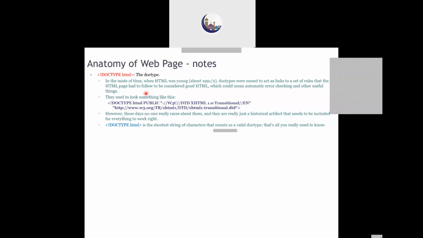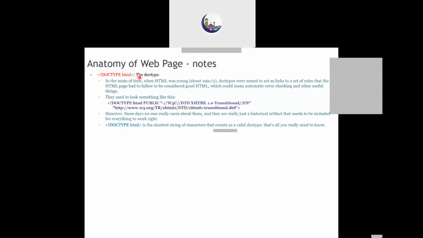So when the browser sees this particular tag, it gets to know that, okay, the document that is being written is HTML, and it is going to follow the public definitions defined by the W3C Consortium. It is going to follow the extended version of HTML with the document type definition, it is going to have certain new effects in it, and it is going to use English language. And the entire definition has been defined in this particular link. So in order to interpret any tag, it will go through this link and get to know what the definition of it is.